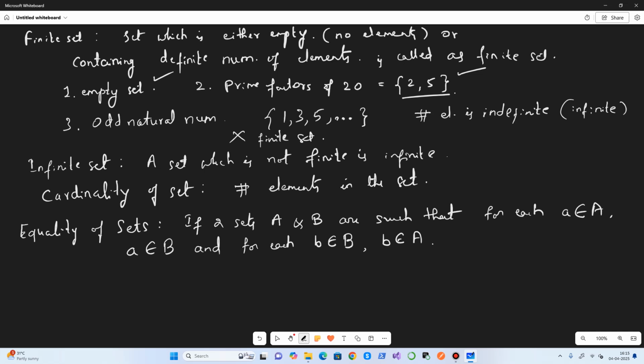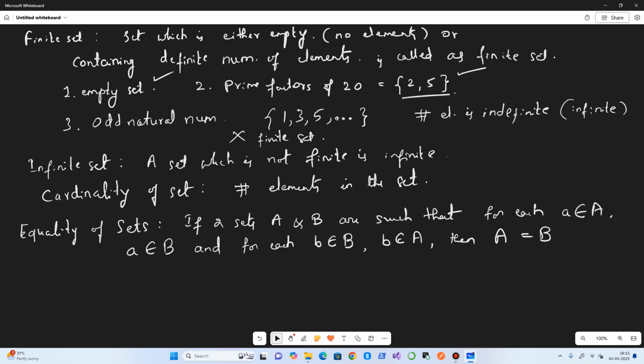If this is the case, then we say A is equal to B. Two sets are equal. Okay, so this is the equality test. This is the concept that we have studied till now.